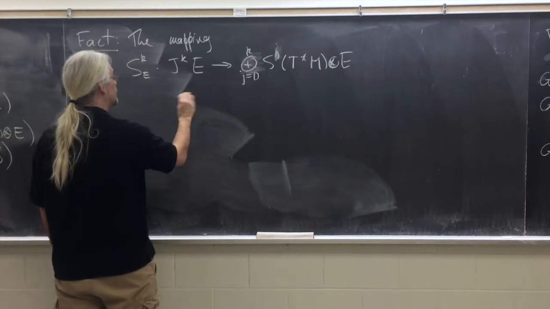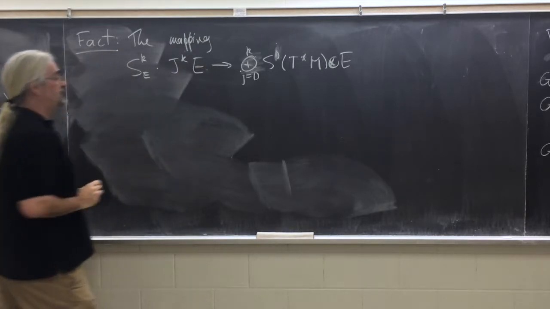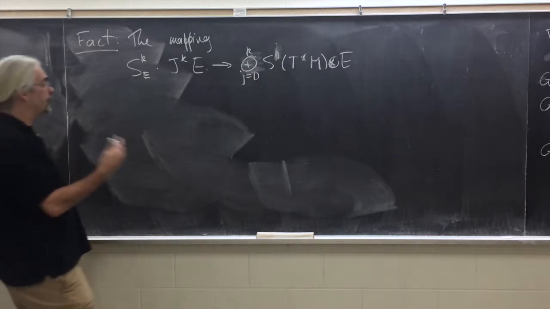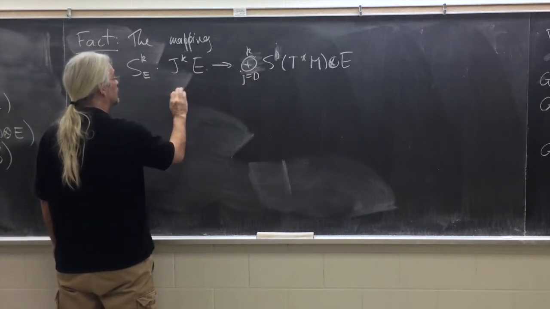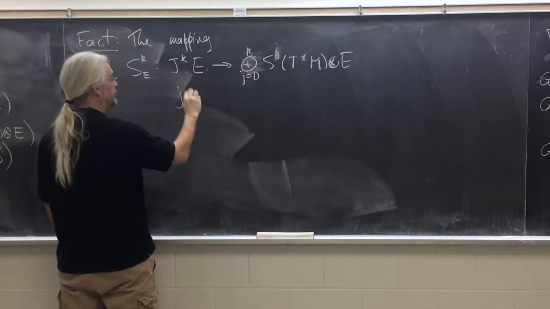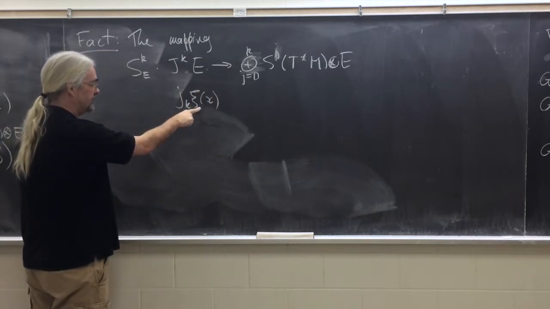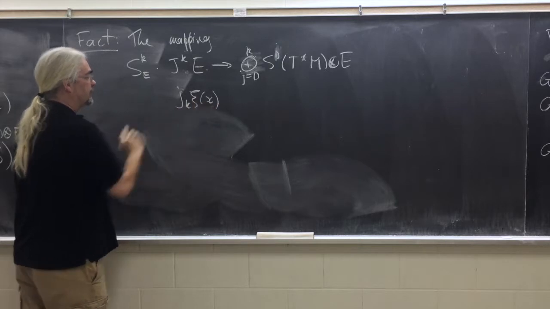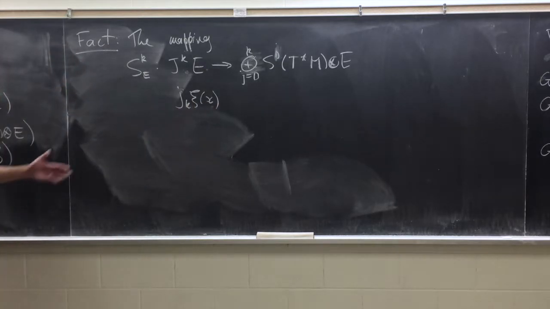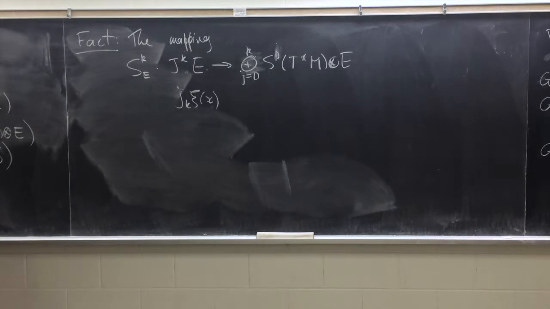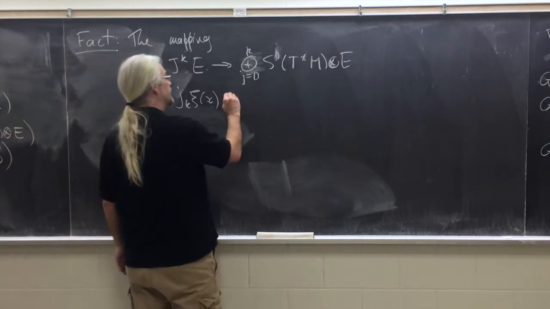So the mapping is this. I take an element of this jet bundle. So what does an element of that jet bundle look like? Well, it looks like a k-jet of some section evaluated at some point. So a typical point in here will look like that. I take some section, take its k-jet, and evaluate it at x. So this means the section and its first k derivatives, all evaluated at x. All right. So this will map to